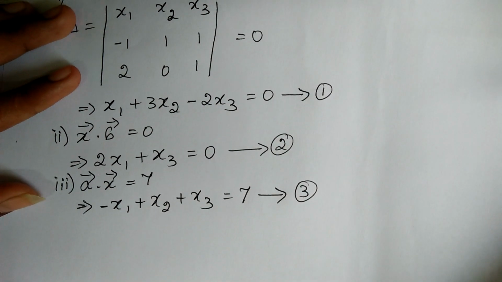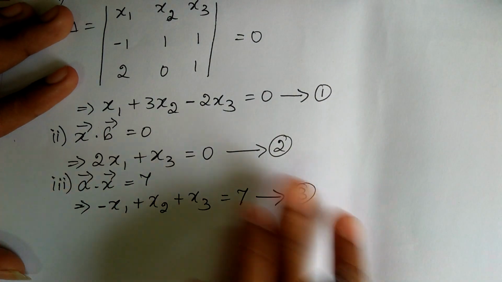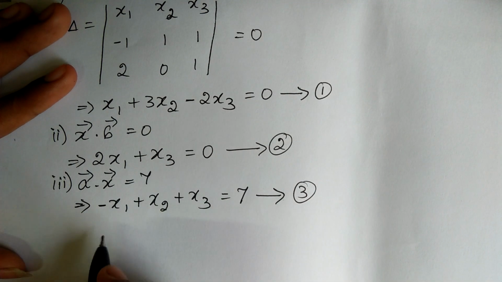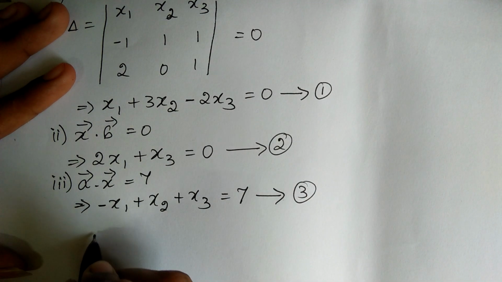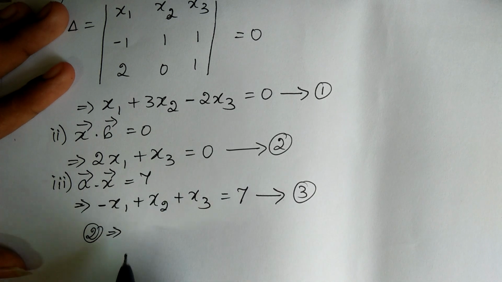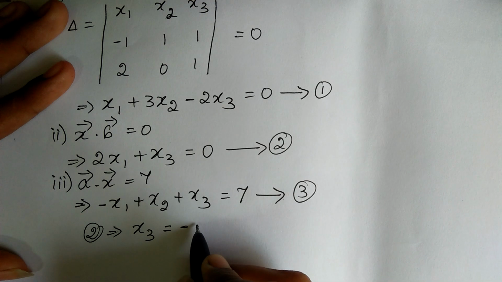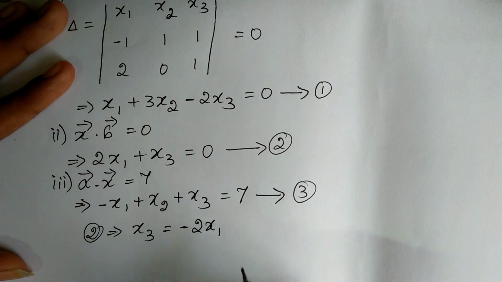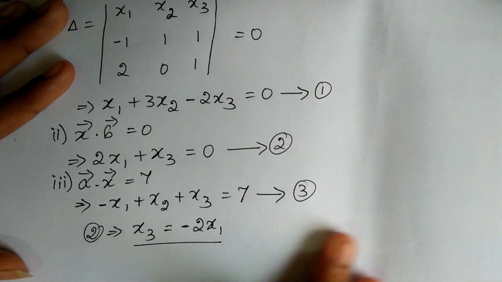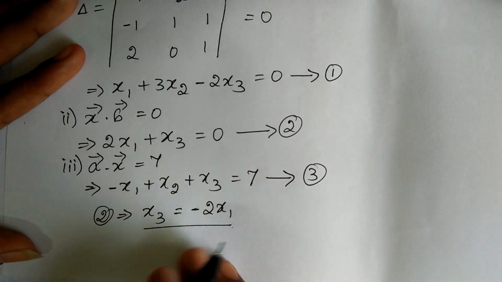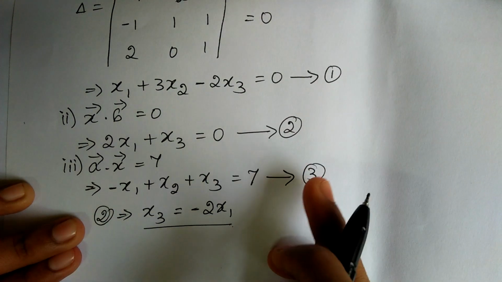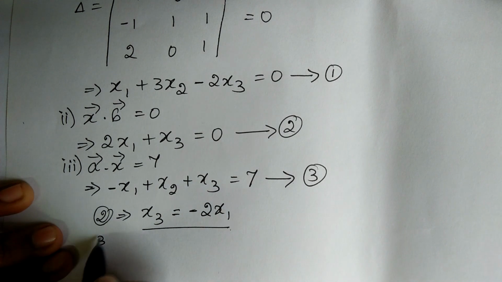Now from equation 2, we can derive the value of x3 in terms of x1. From equation 2, x3 is equal to minus 2x1, and substituting this value of x3 in equation number 3, we get